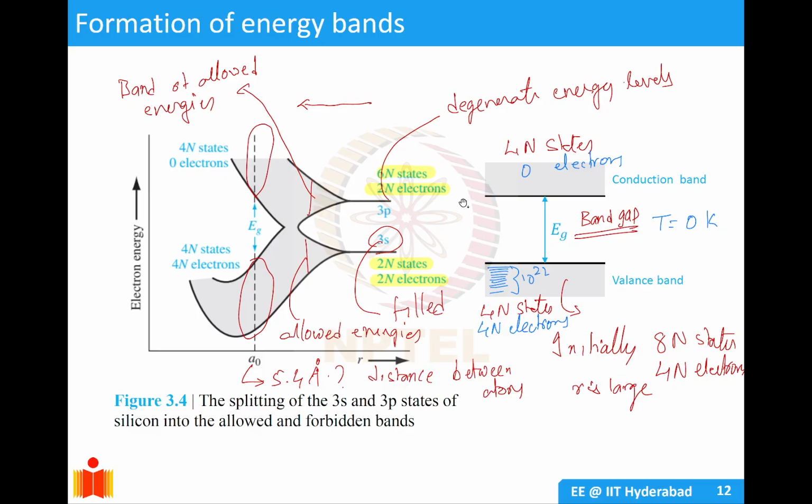So there you have individual atomic energy levels, which are given by 3s, 3p, and then